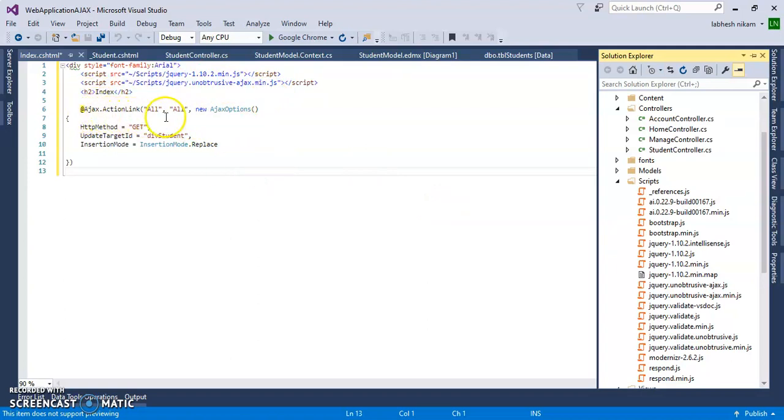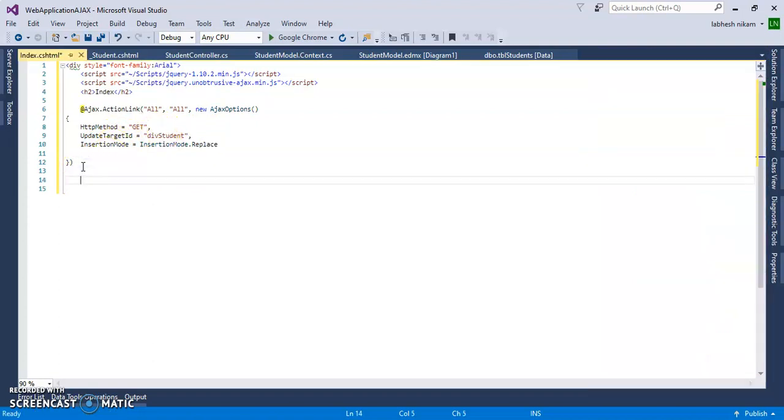Then we will add Ajax.ActionLink to display all the records of the students, with the name of the link and the method name, and new AjaxOptions. HttpMethod equal to GET, UpdateTargetId equal to this one. Why? I will create a div here with the id divStudent, so that all the records of all the 3 links will display in this same location.